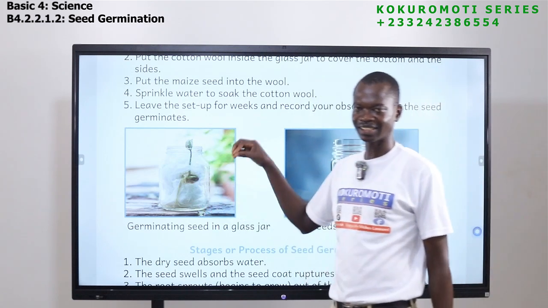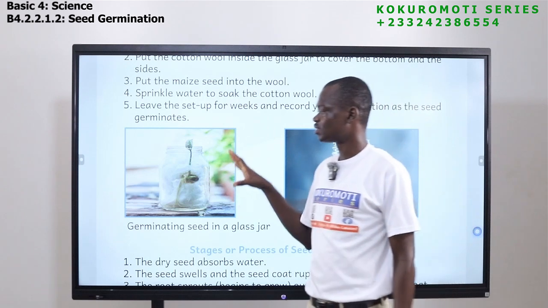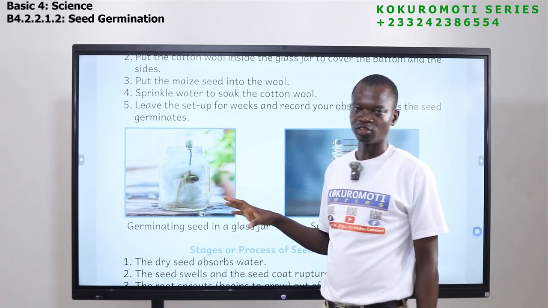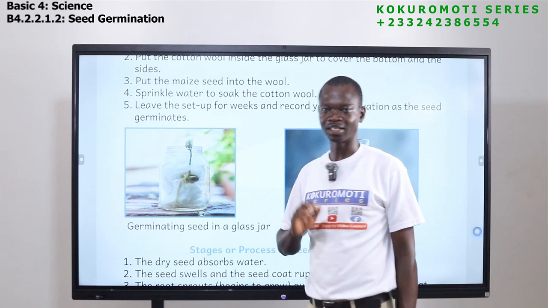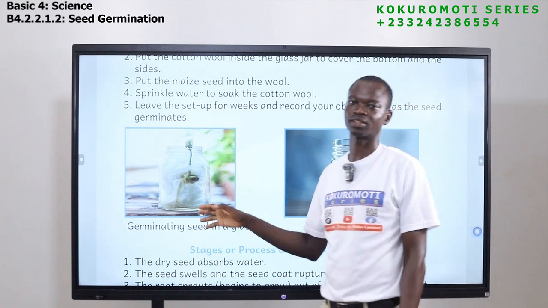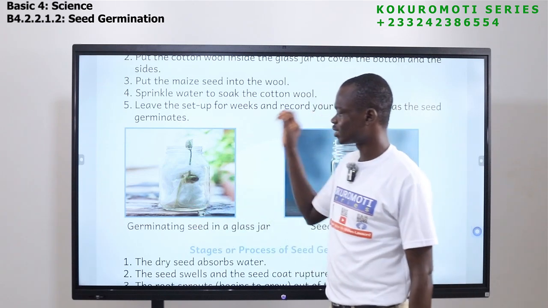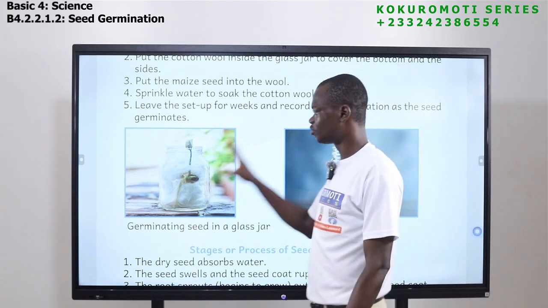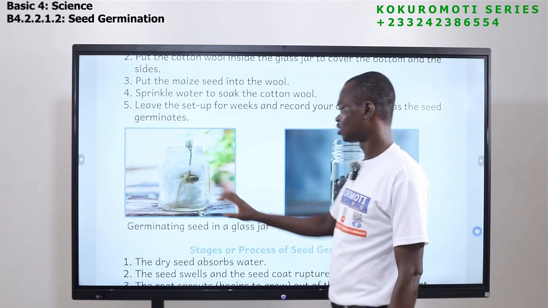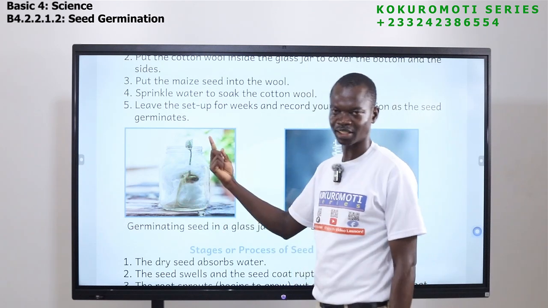In the glass jar, there is air. You put it at a place where the temperature will not be too hot for it. And the seed too should be a viable one. If all these 4 things are there, there is no soil, but it also germinates.